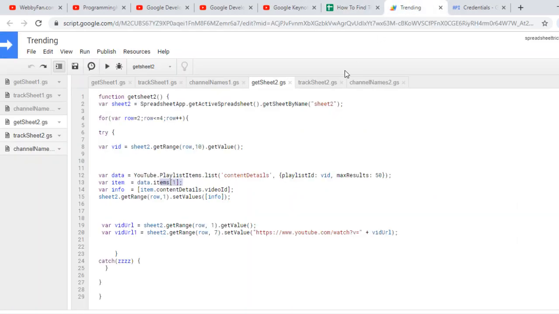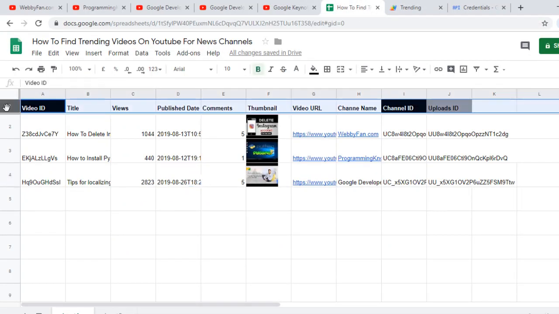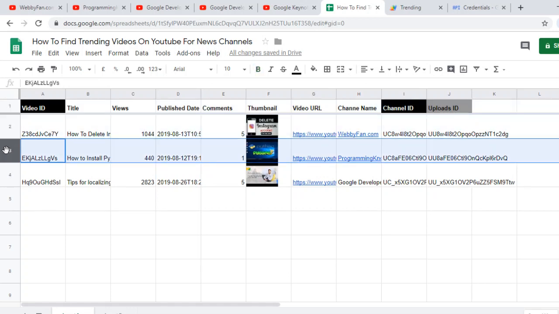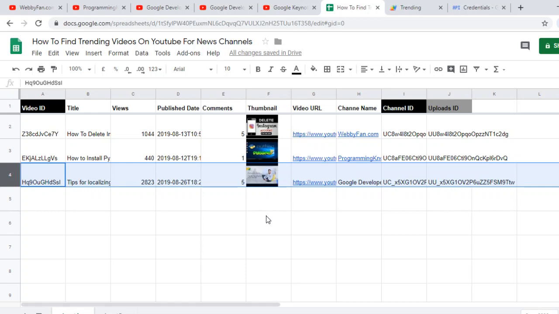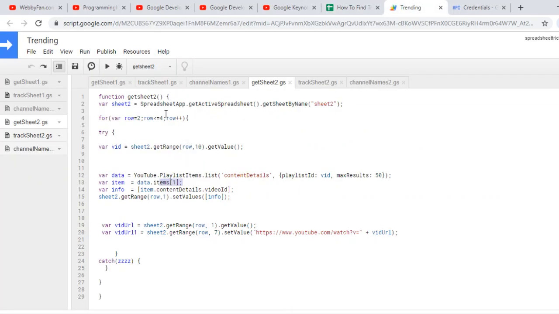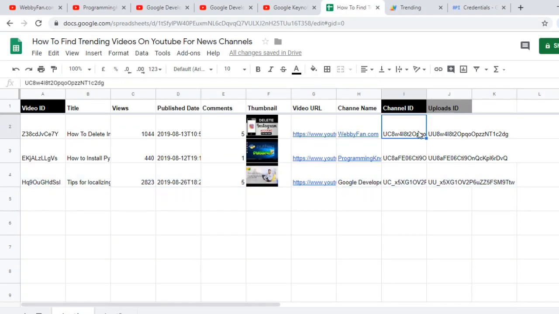The only modification you have to make is here, where it says row less or equal to 4. I'm using 4 because I have 4 columns: column 1, column 2, column 3, column 4. That's why it's 4 here, the number of rows. But if you have 50 rows, here you have to write 50, and also you have to make sure you have 50 channel IDs, and also 50 uploads IDs, and the channel ID and the upload ID need to stay